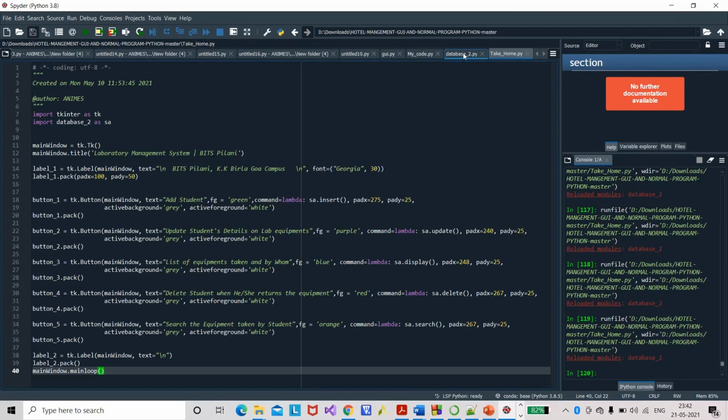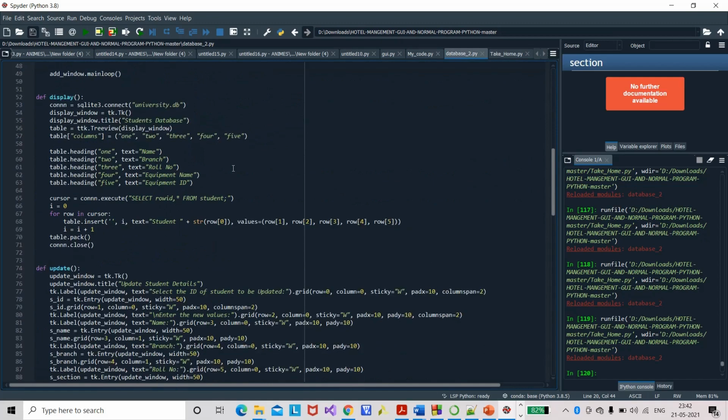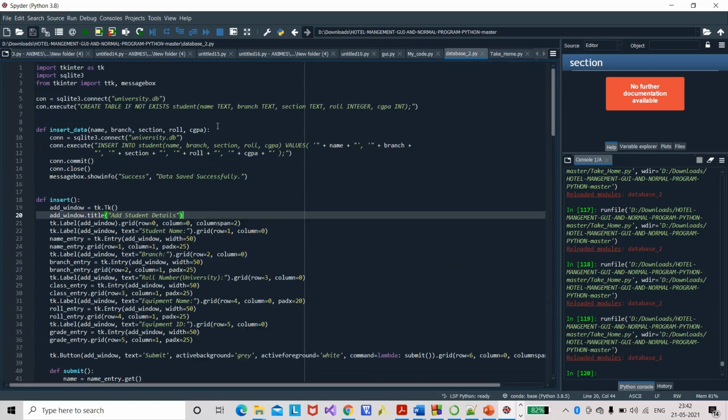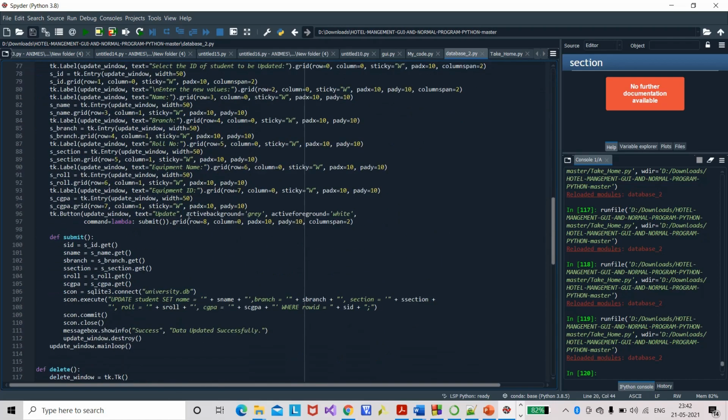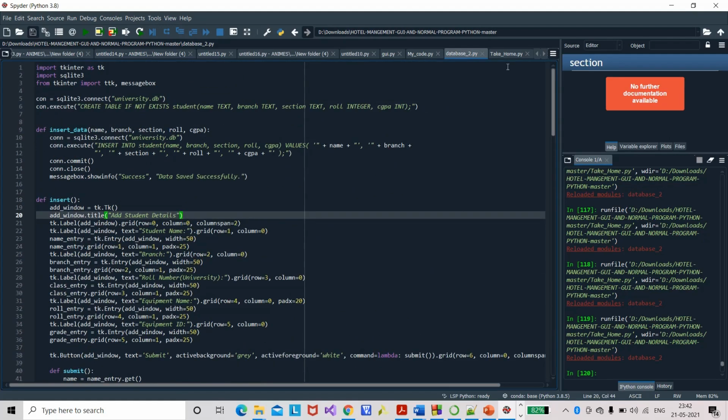I have prepared two codes for better readability, and this code just implements all the buttons and the background. As you can see, I have used two modules, Tkinter as well as database_2. This module is written by me. It actually does all the required work, and has the code for all the buttons that I have just shown you. In database_2, I am implementing the SQLite3 module as well. These are the functions that my code will be doing, and you will get a better understanding when I run the code.